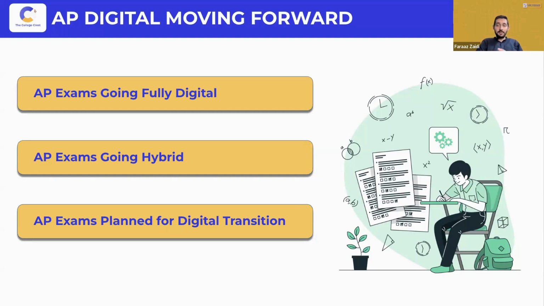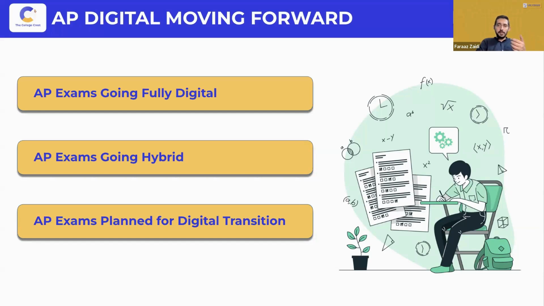Now, the hybrid examinations, quite a lot of them. So you've got AP English Literature and Composition, and apart from that, language and composition. You've got AP US History on a hybrid model, World History as well, European History, Macroeconomics, Microeconomics. So all of these are currently on that hybrid model.